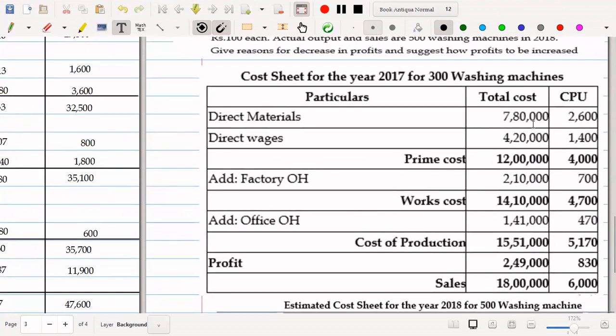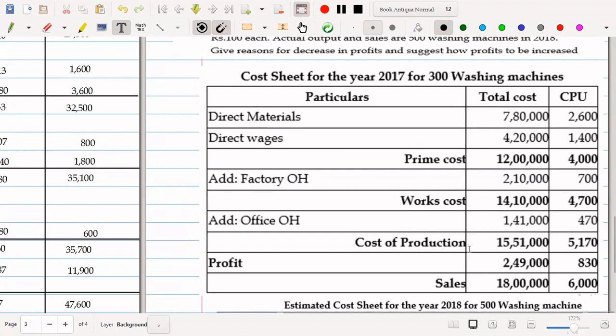Direct materials, it is 7,80,000 divided by 300, it comes to 2,600. The direct wages given in the problem, 4,20,000 divided by 300, comes to 1,400. And when we add these two, prime cost can be found. And when we add factory overhead given as 2,10,000, divided by 300, it's 700, we get works cost. And to this, when we add office overhead, that is 1,41,000 divided by 300, it comes to 470, we get